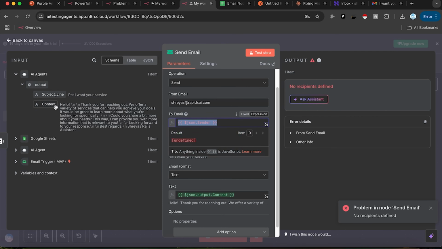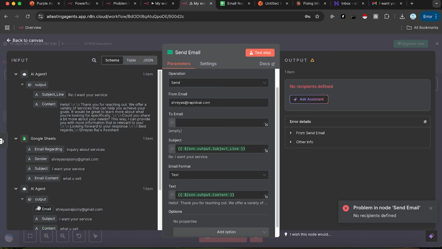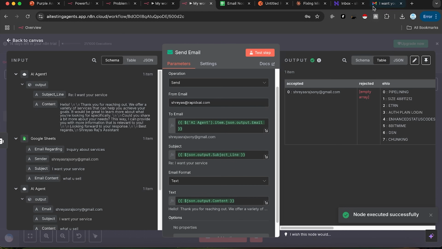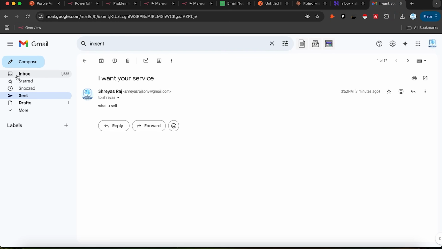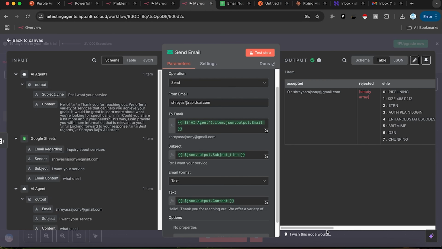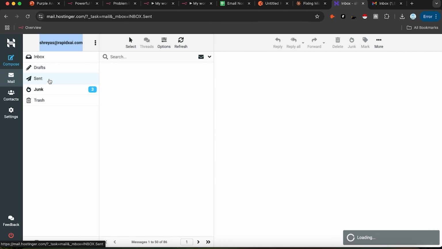So no recipient is defined, which is concerning. I'll quickly grab this as the to email, test the step. If I go to my inbox, I should see this one coming through anytime. So okay, the response was okay. It is queued right now, as of now. And yeah, if I click on sent emails, if I refresh this,